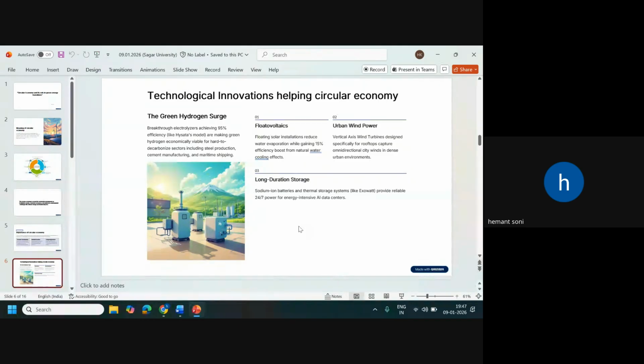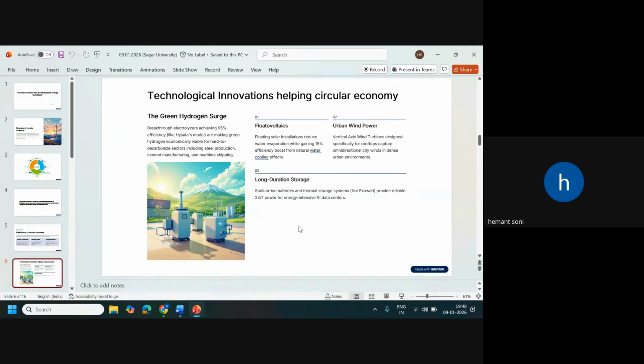Now, coming to the technological innovations helping circular economy. One of the recent sources is the green hydrogen surge. Breakthrough electrolyzers achieving 95% efficiency, like this model. I'm not aware of the model, so I won't be able to discuss anything about it. And so these breakthrough electrolyzers are making green hydrogen economically viable for hard to decarbonize sectors, including steel production, cement